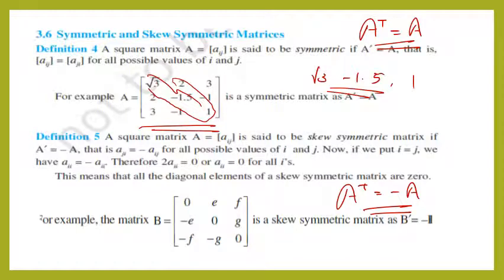So what can you say? A square matrix A is said to be a skew symmetric matrix if A transpose is equal to minus A. That means these are examples of a symmetric matrix. Skew symmetric: 0, 0, 0, 0. First you fix the main diagonal elements, then whatever is above, its negative will be there below: e, f, g above, and minus e, minus f, minus g below. So this is called a skew symmetric matrix. In a skew symmetric matrix, what can you say? Main diagonal elements are always 0.